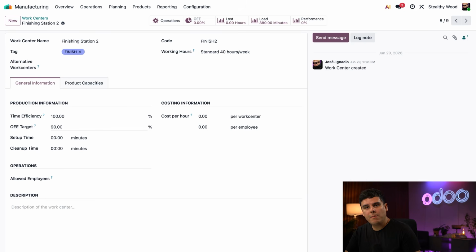All right, so the parameters that we're looking for are located in 2 tabs: general information and product capacities. So let's start with the time efficiency field down below in product information. So remember, this represents how efficient the work center is compared to the normal expected performance. In our case, this is one of the work centers that's been causing delays since it's running half as fast. So we're going to set the time efficiency to